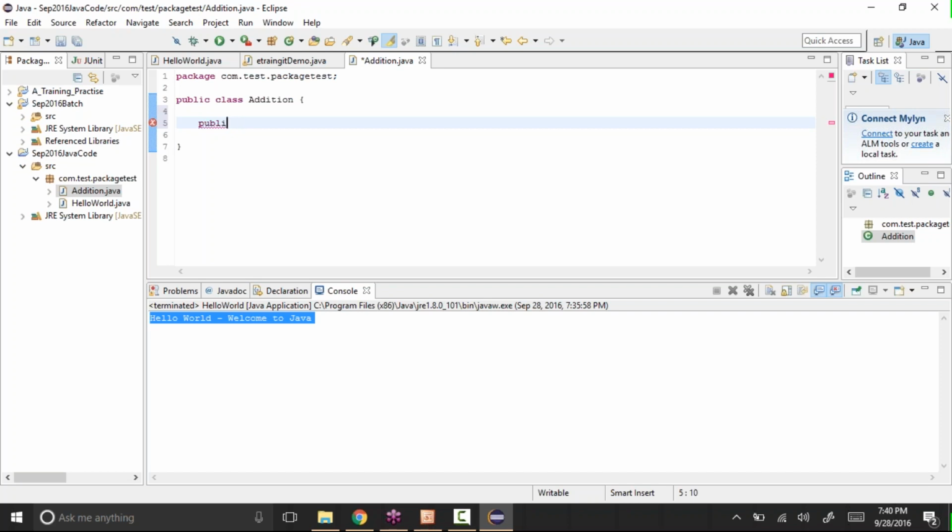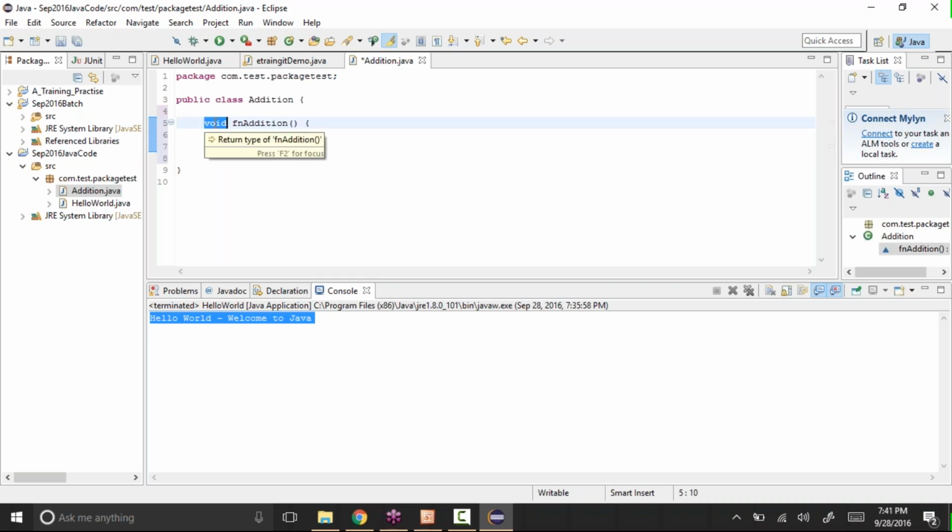Public we don't need. Void, let's say fn addition, open and close brackets like this. So this is how we create a method.